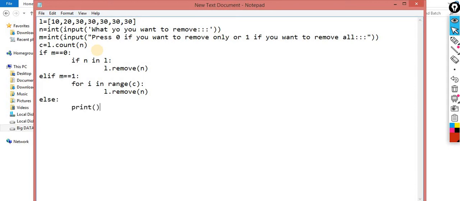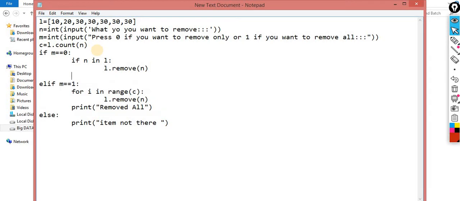Print item not there. Whatever you want to remove is not available. Here you have to just print a message. Print removed all. Here print remove one only.